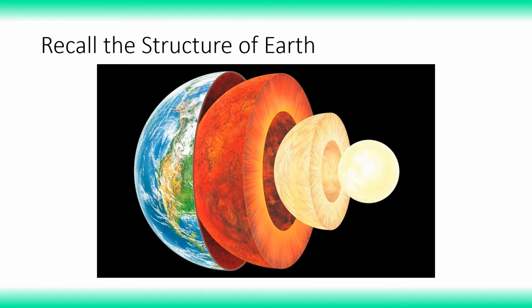So, before we get into a discussion about the surface of Earth and the rocks that are found there, we need to think about the structure of Earth beneath the surface. So we talked about the different layers of the planet before. We've talked about how the different layers are made up of different stuff. So the core is made out of different stuff than the mantle, which is made up of different stuff from the crust. And this is important because one of the types of rocks actually comes from,